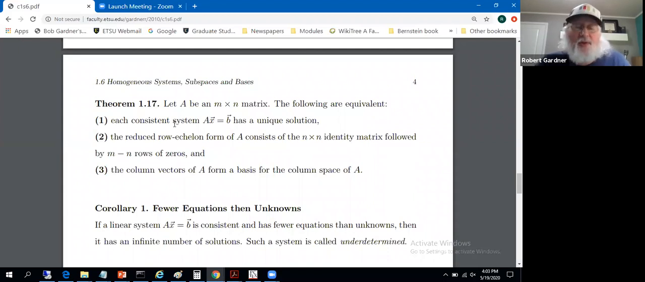So it should make sense that these first two are equivalent. The last talks about bases again. The column vectors of A form a basis for the column space of A. All right, how do you feel about that? Well, we take these column vectors. The column space of A is the span of those vectors, so it becomes a question of